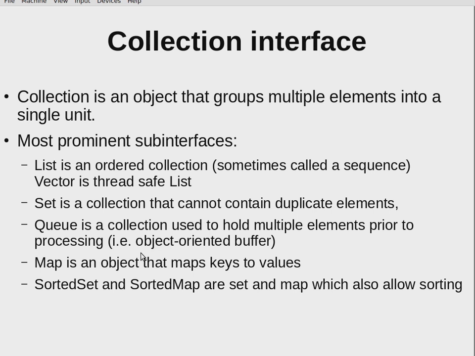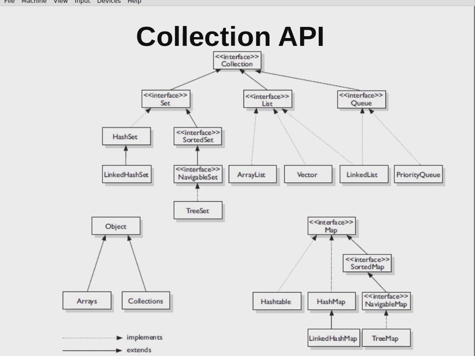So, the collections interface is a common interface which is used as a common API, where API means application programming interface, to deal with multiple elements in a single unit, in a single container. And it has several sub-interfaces. It's easier for me to explain this class diagram. So here we see a class diagram which doesn't follow the UML standard properly. So that means even Java designers and documenters sometimes cannot